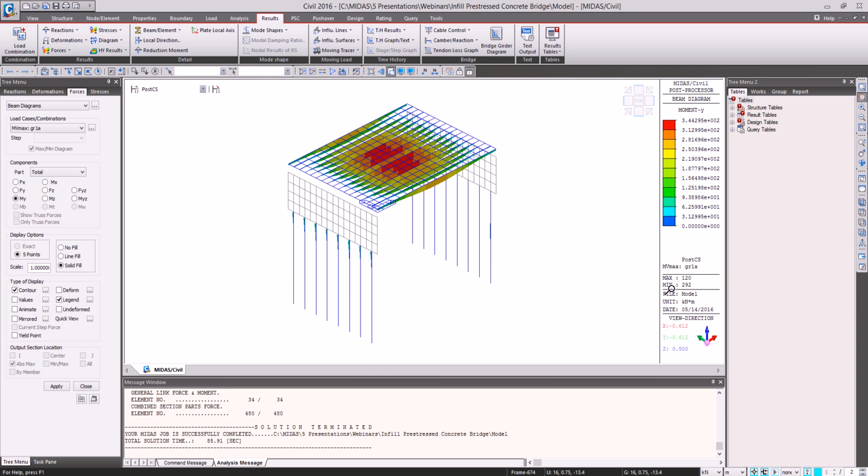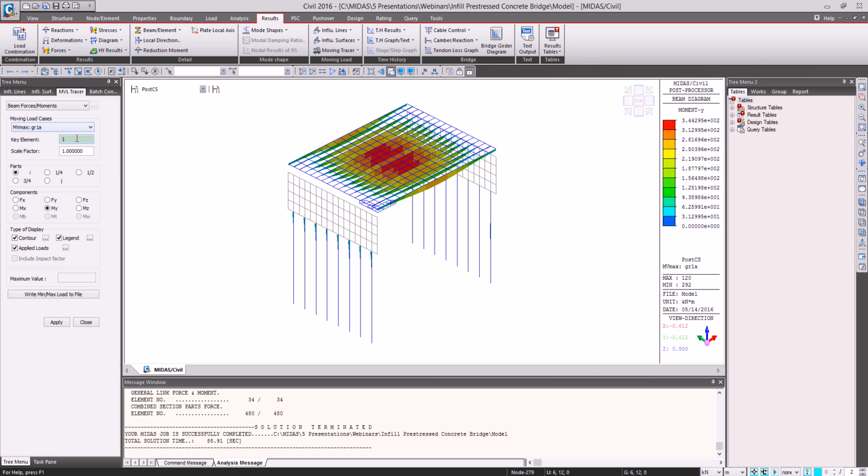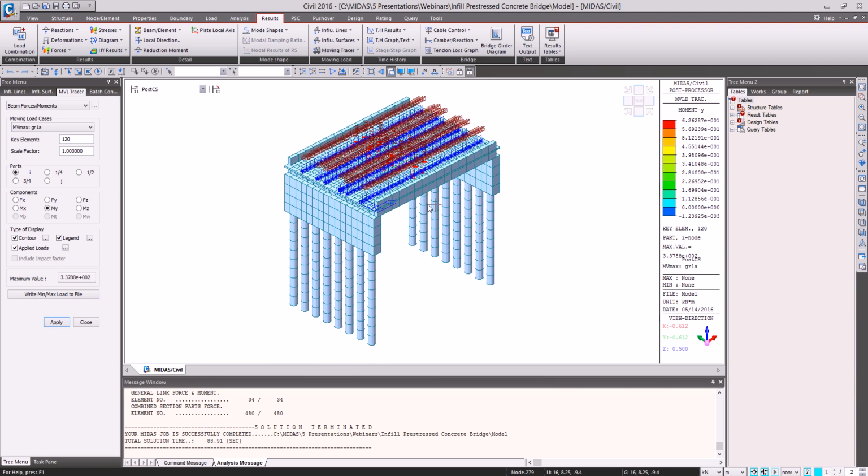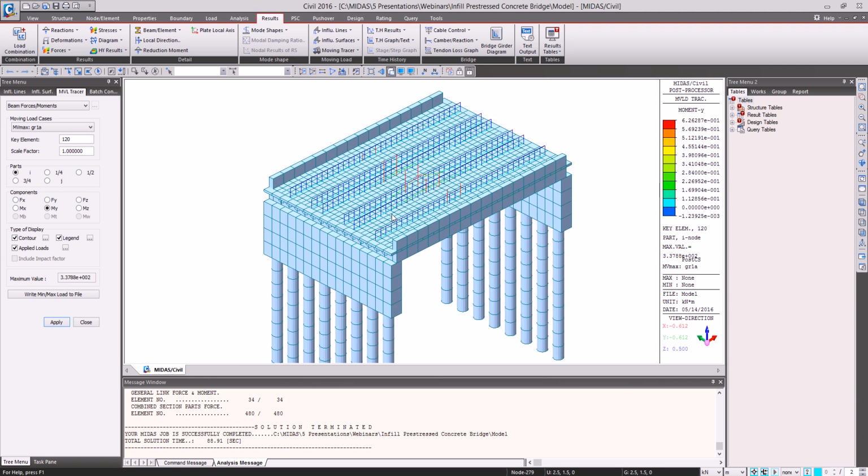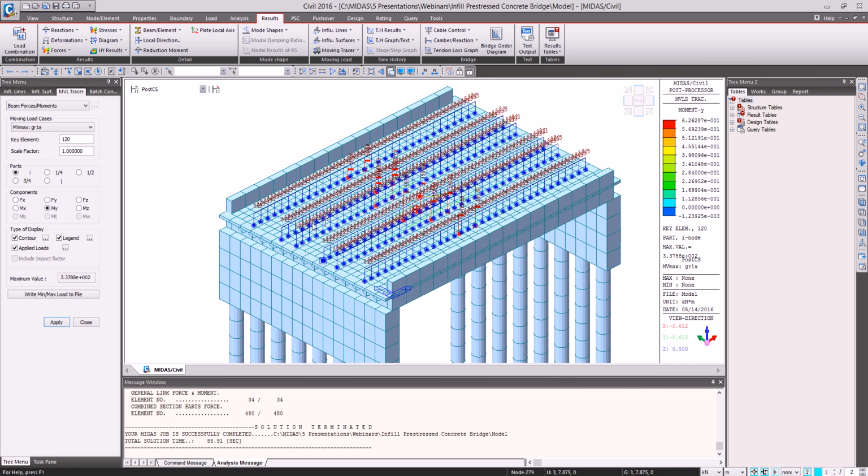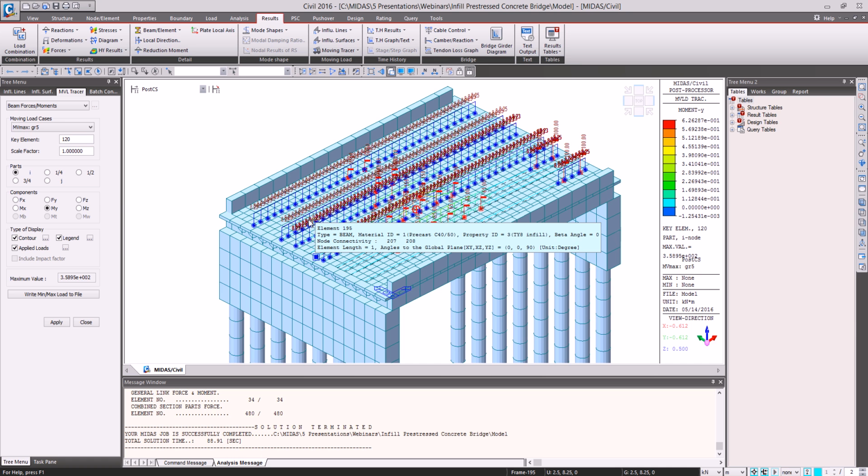Maximum bending moment occurs in element 120. Using the moving load tracer, we can simply assign the key element, and we can see the vehicle position that gives the maximum bending moment in this element. We can do the same for GR5, and if we want, we can take these